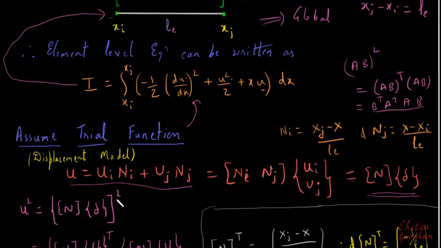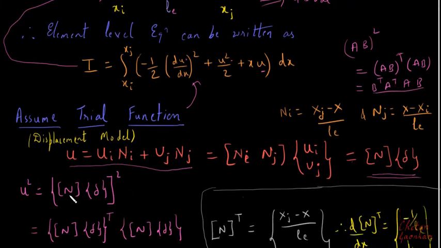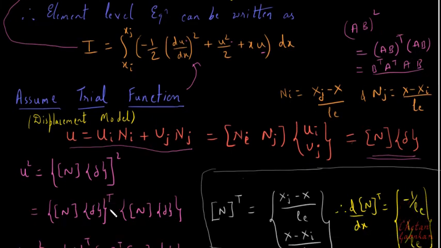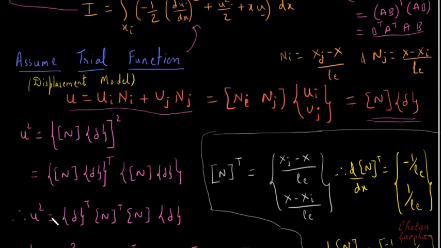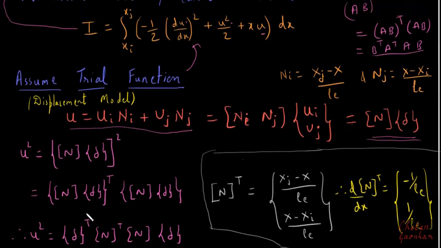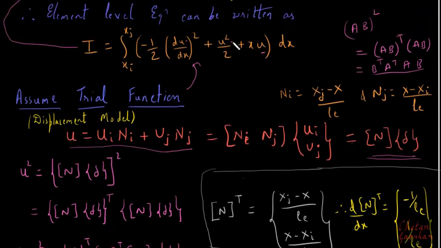Now if I want to square this matrix, then according to this I will have to write it as (AB) transpose times A into B, right? And then if I want to open this bracket, then this (AB) transpose will be B transpose A transpose, and this remains as it is. So this will be my u square term, and this is what I will be substituting here. So I have taken care of u, and I have taken care of u square.